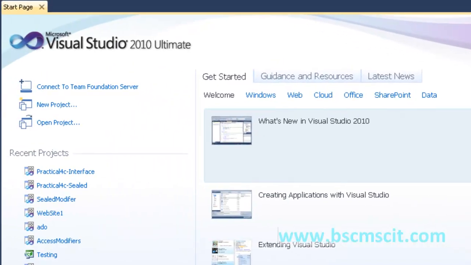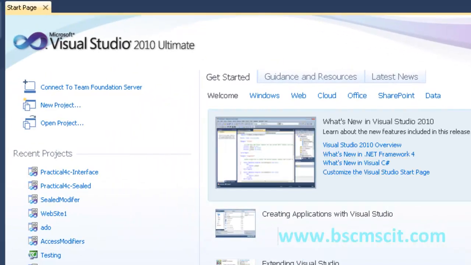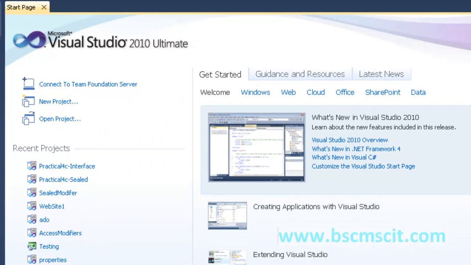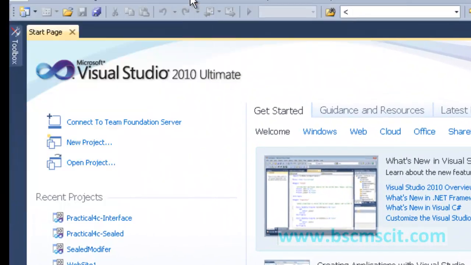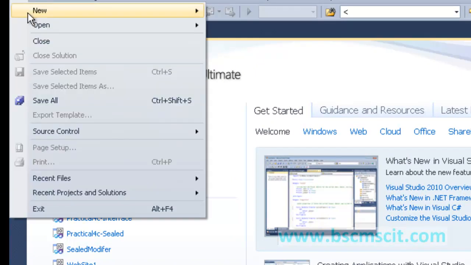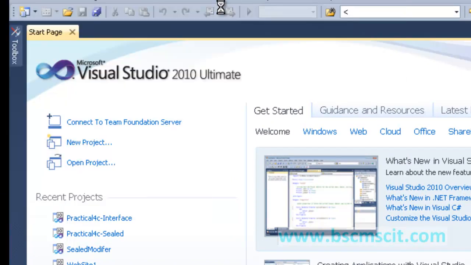To create a console application, let's go to File, New, Project.